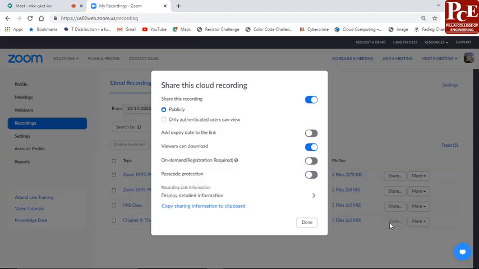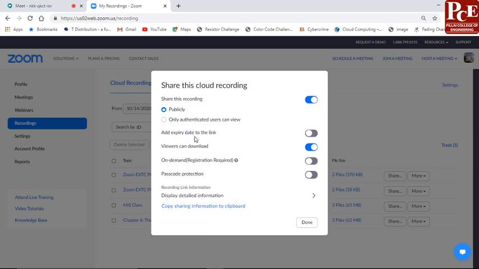When you click on the share button, there is one more pop-up. So there are again some settings. Whether you want to share your recording publicly, yes, we want to share with our students, so you have to keep this on. Then only authenticated users, so for limited users we can go with this option.